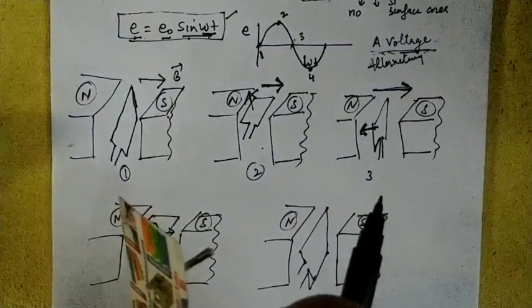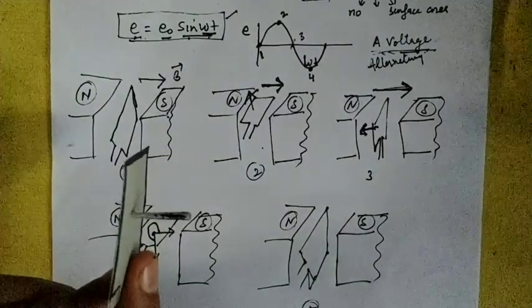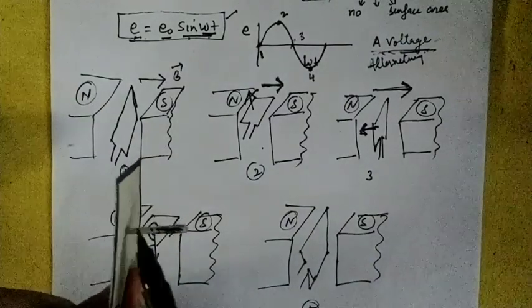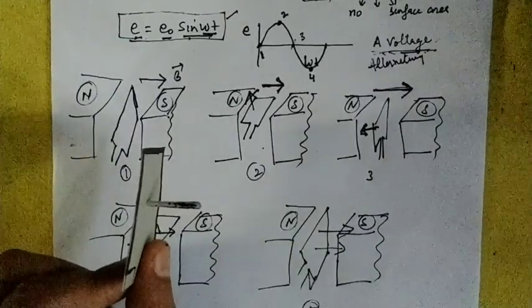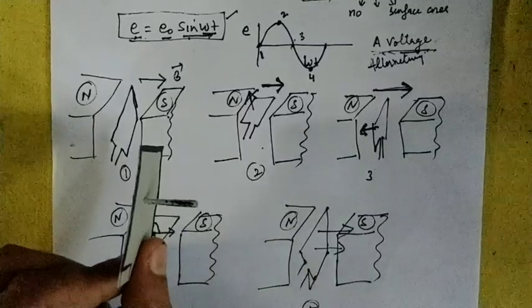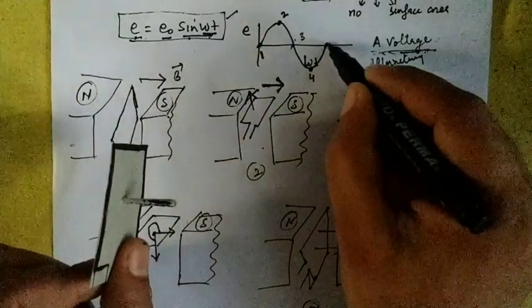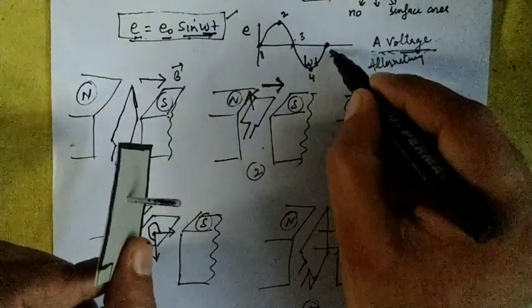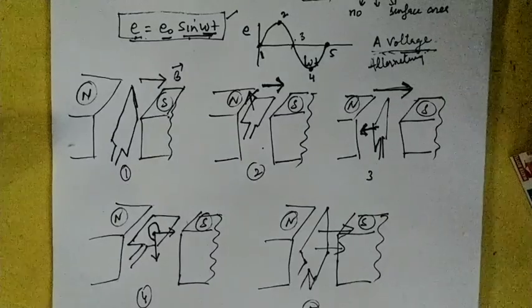Similarly, again you rotate it by 90 degree. So as you rotate it by 90 degree, it will be along this direction. So see, the surface area of this armature is along this direction, and the magnetic field is also north to south along this direction. Both are making an angle of 0 degree. The sine 0 is 0. Again the induced EMF is represented by this part of the graph. So these are the different positions of the armature.